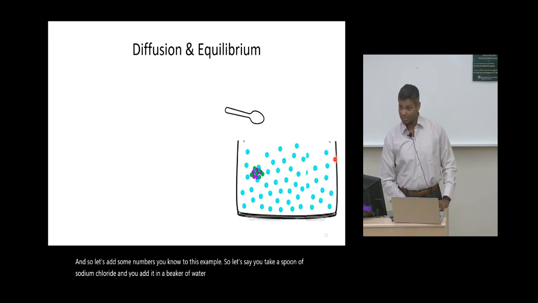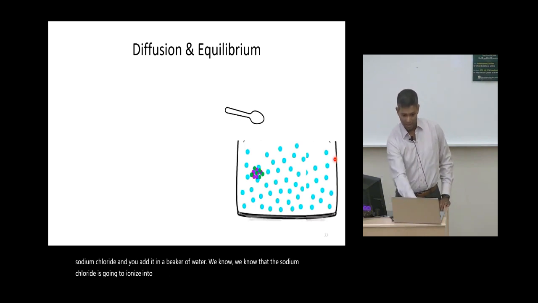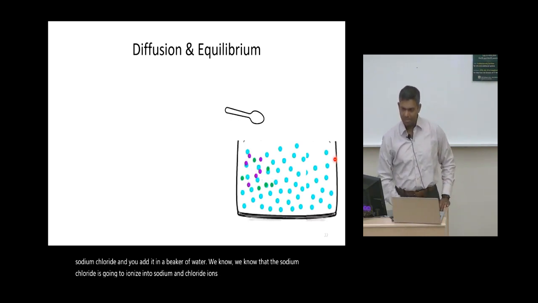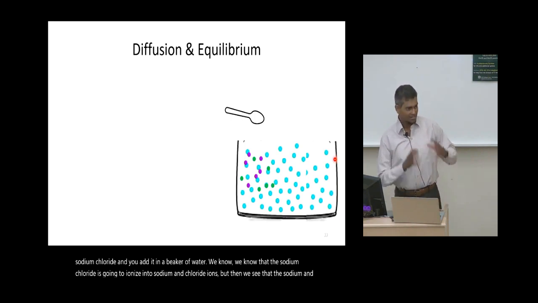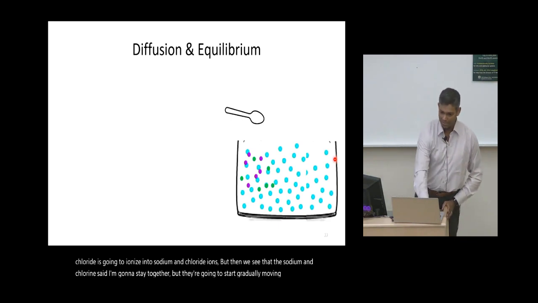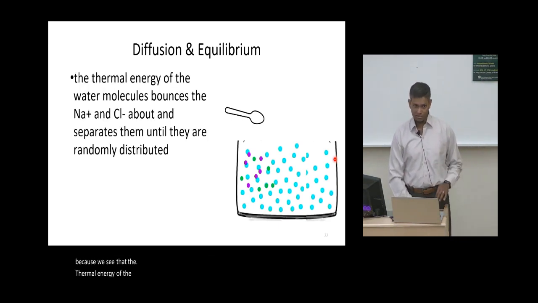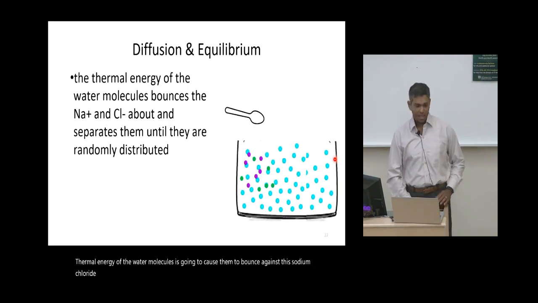We know that the sodium chloride is going to ionize into sodium and chloride ions. But then we see that the sodium and chloride ions are not going to stay together, but they're going to start gradually moving apart, because the thermal energy of the water molecules is going to cause them to bounce against this sodium chloride crystal,